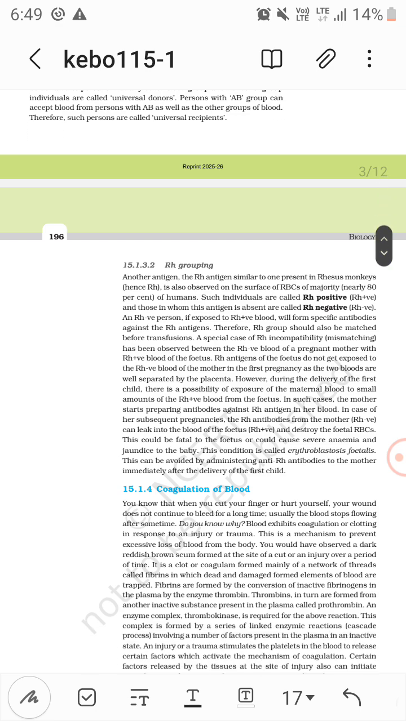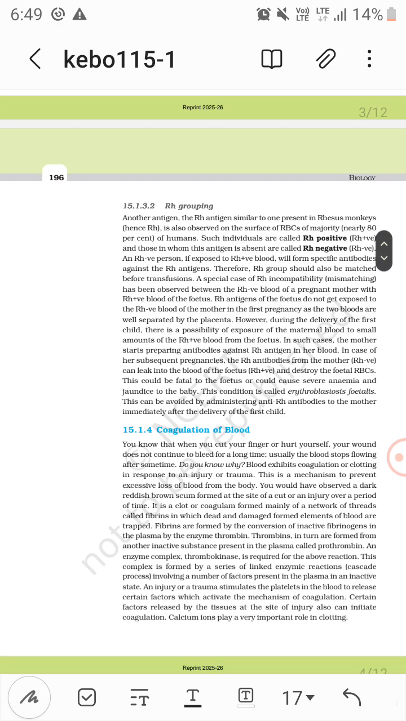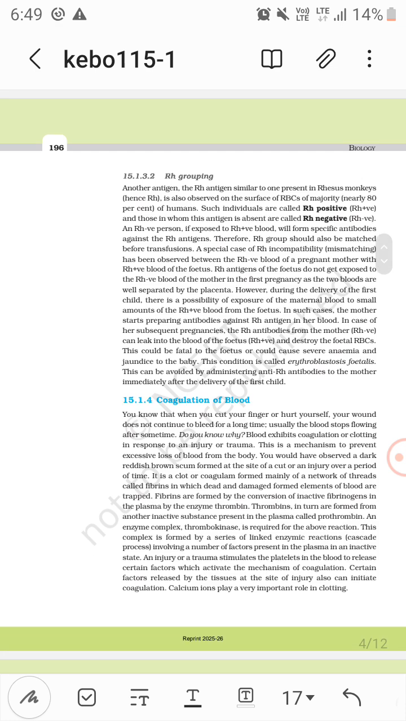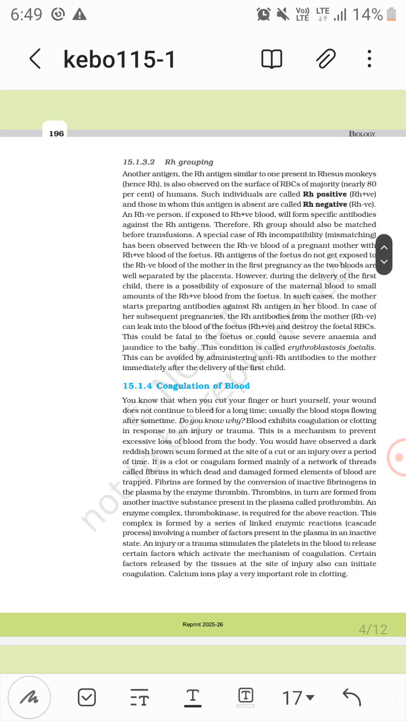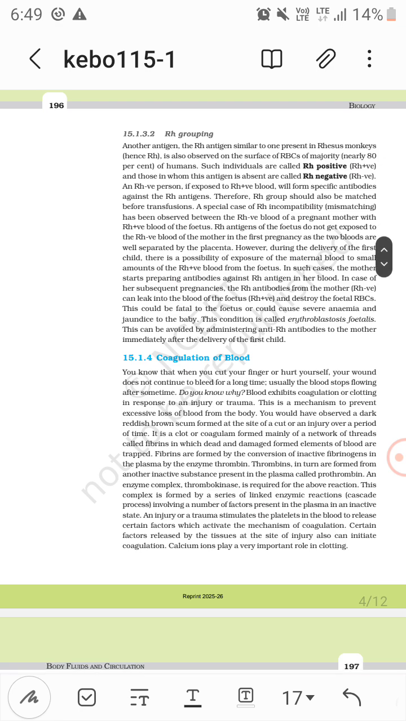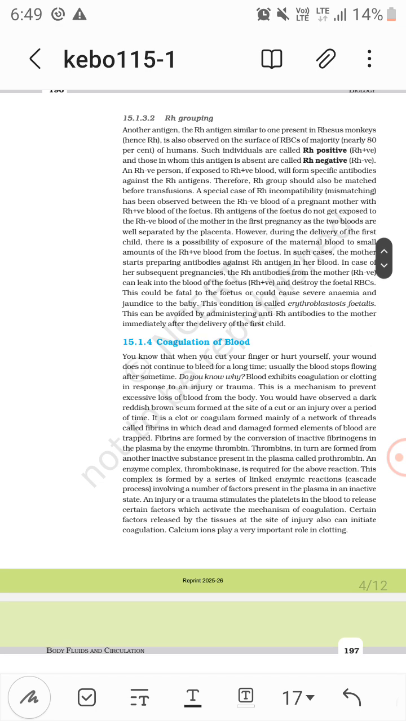Now in Rh grouping, there is a problem like erythroblastosis fetalis. Okay, Rh grouping is Rh positive and Rh negative. So Rh positive is present in the majority of RBCs, about 80% of humans. Now during the first pregnancy there is no leakage of blood, but during the second pregnancy there is a probability that the fetus... Okay, so during the first pregnancy,